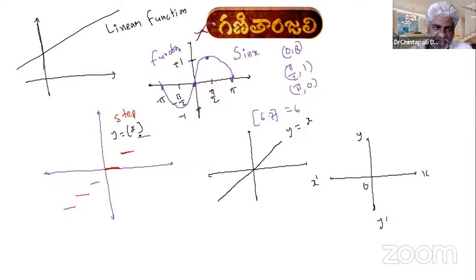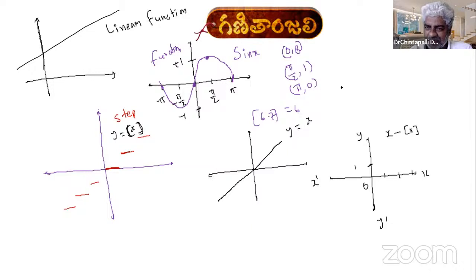This is the step function, y is equal to step x. This is y equal to x. Now, if you draw, surprisingly, x minus step x,